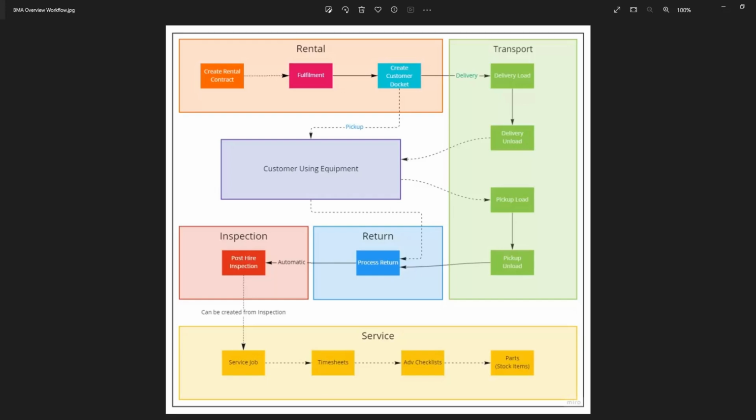Sweet, so first up is the workflow. We'll start off by looking at this diagram. This is encompassing everything. Well, not everything, but most things you can do within BMA. Within the rental workflow, you can see the green on the side here. The contract will get created, the equipment will get brought together, and then it'll get put on a delivery docket or a customer pickup, depending on the workflow. Generally, it'll go on a delivery docket, and then from there,